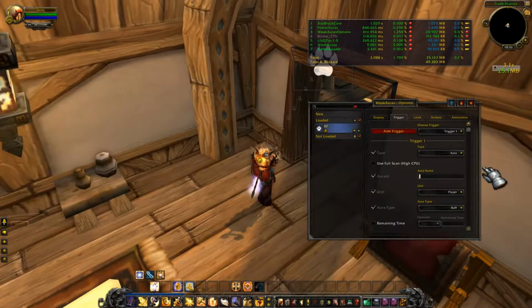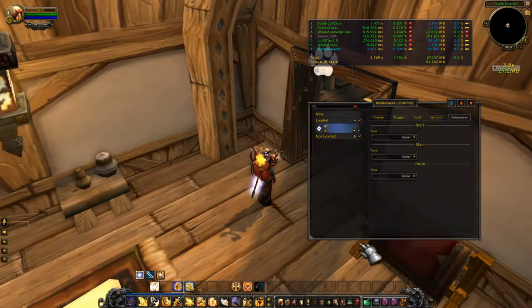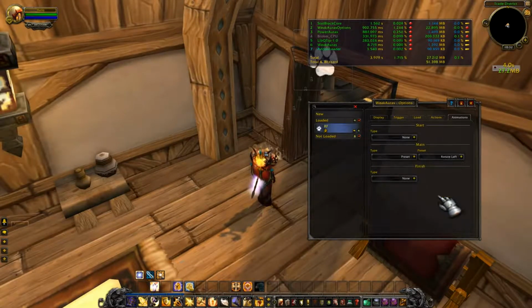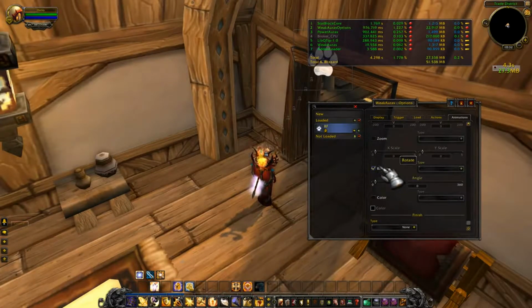That's the buff named Righteous Fury. And I need to do some animation. So that's just going to be like a simple preset rotation. Rotate left, I guess, is the same. And that's a bit slow, so I'm actually going to switch that to custom. And I'm just going to turn on rotate, normal, through a full circle,